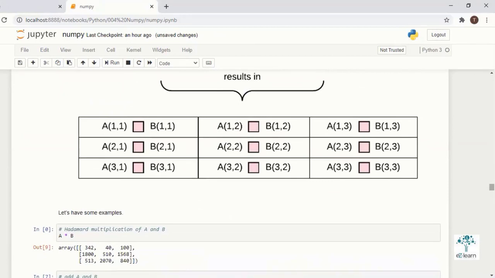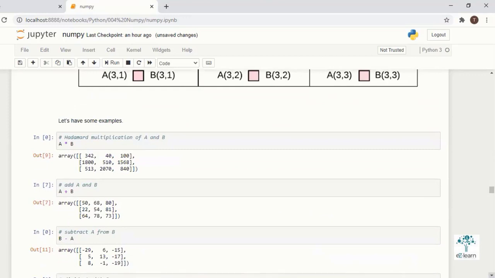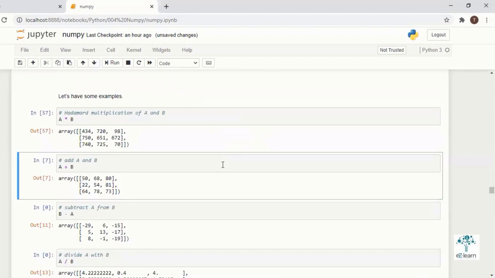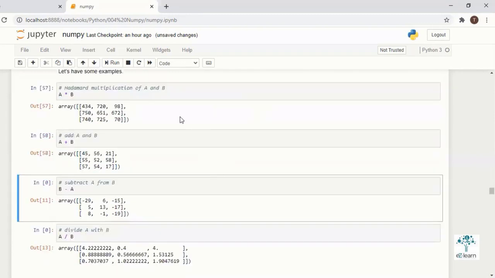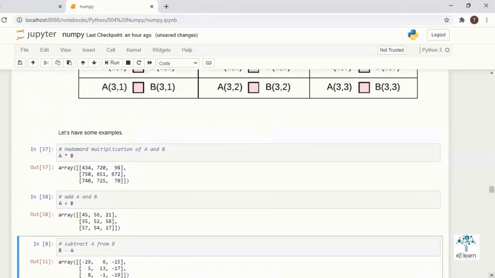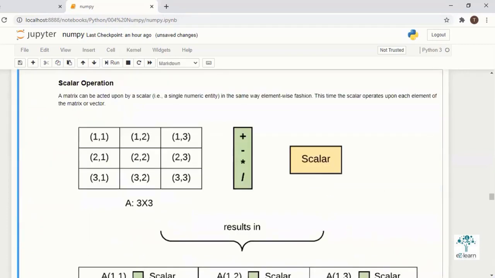If you do the same element wise operation on a list, you have to iterate over all the elements. But in NumPy, you can do it in a single line. Subtraction and all the operations are applied element wise. Here we have added two matrices, so we have done element wise operations between the two matrices.